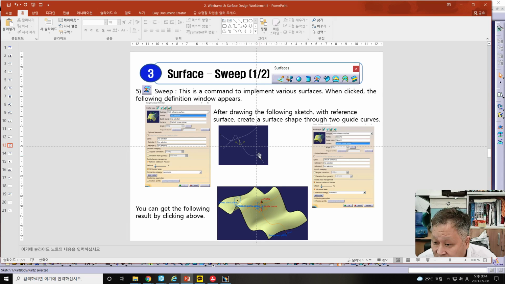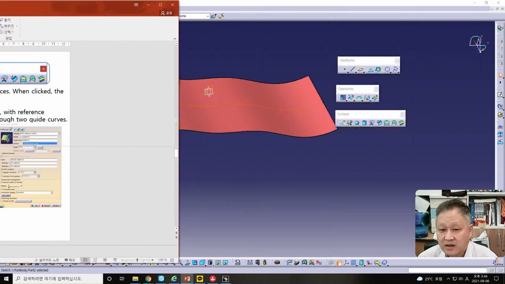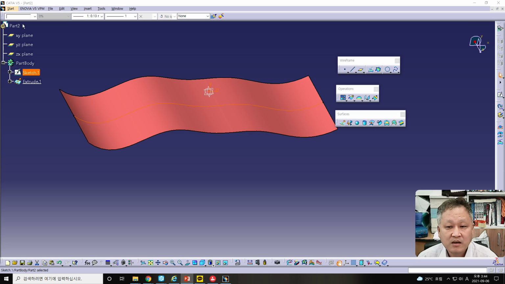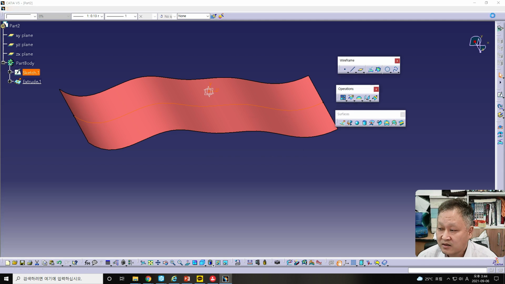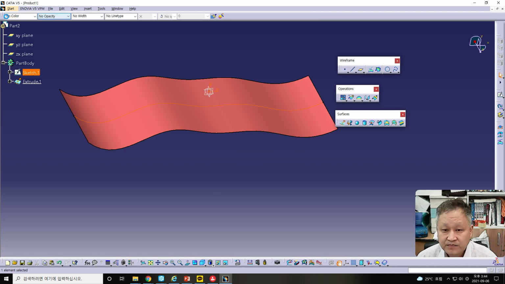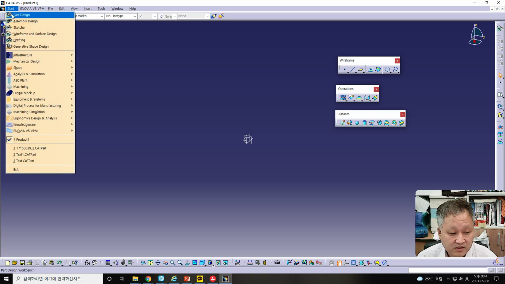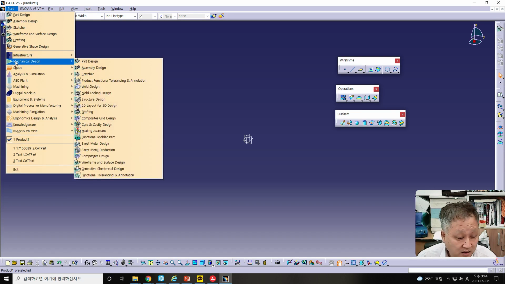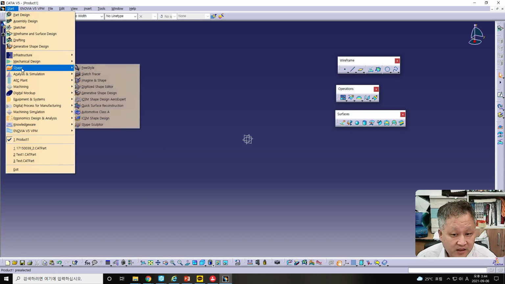with a reference surface, create a surface shape through two guide curves. You can get the following result by clicking above yourself. Let's check and make this sweep surface first. For explaining, I will